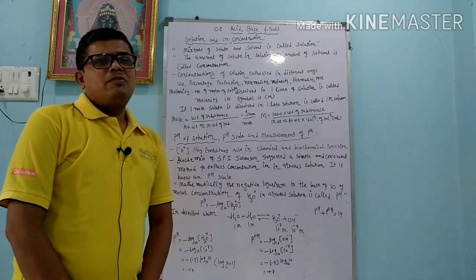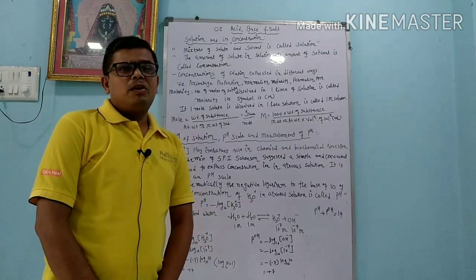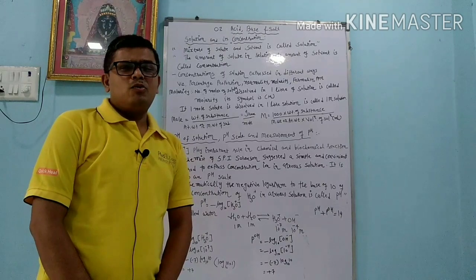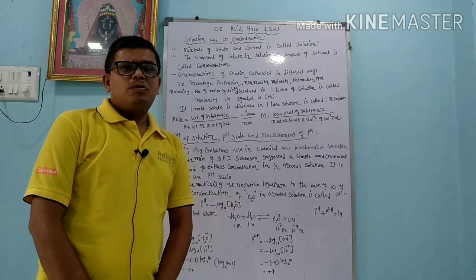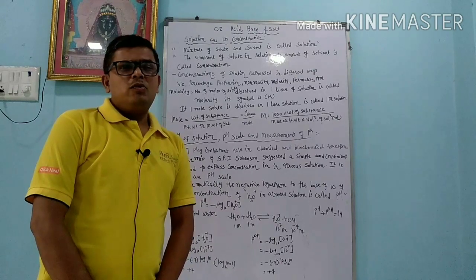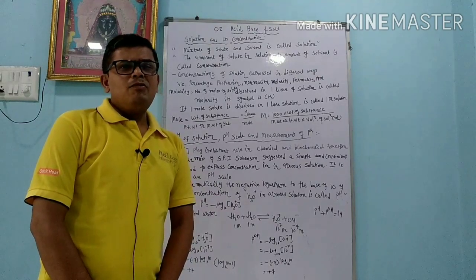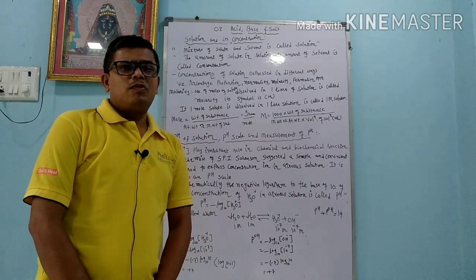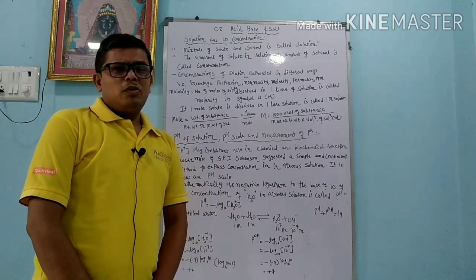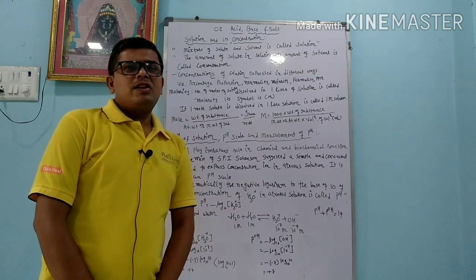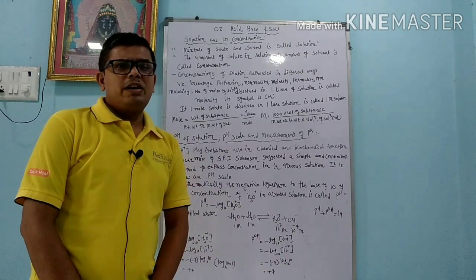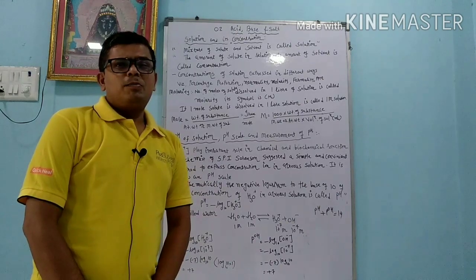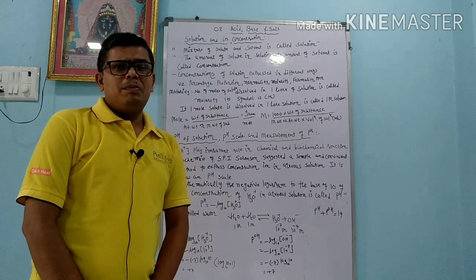In the same way, percentage weight by volume: in that, the solute is in solid form but the total solution is in liquid form, and we calculate the concentration out of 100. Percentage volume by volume: in that, the solute is in liquid form and the solution is also in liquid form, and we calculate the concentration out of 100. Dear student, in higher standard you will learn about normality, that is more scientific. We will learn about molality, and also ppt, parts per trillion, and parts per billion, ppb.